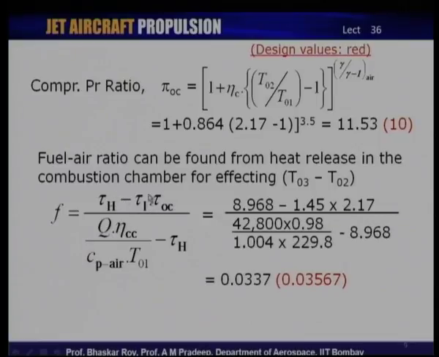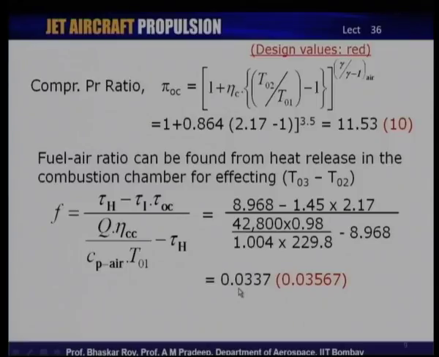We can find the intake temperature ratio, we can use the compressor temperature ratio, and then we use the heating value of the fuel that has been given to us, the efficiency of the combustion chamber, and factor that with the inlet condition. If we put it all together in this simple formula, which essentially uses the heat release effected in the combustion chamber in a thermodynamic manner, we get a fuel air ratio which is